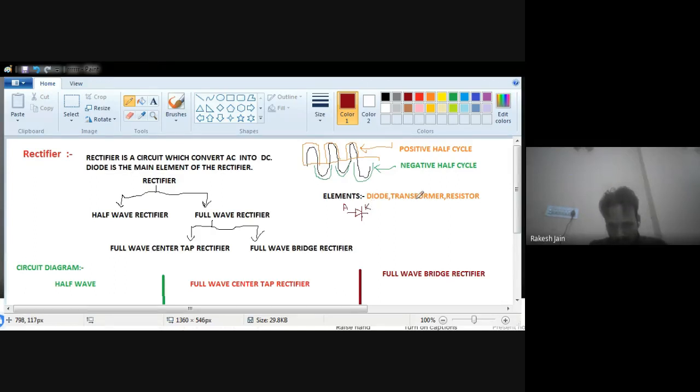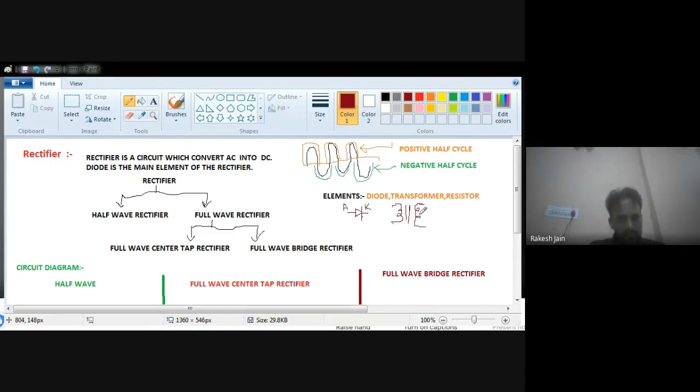Second one is your transformer. So the transformer symbol is this one. Transformer is a device which converts an AC supply into an AC supply. Its input is AC and output is also AC, but the transformer which we will use here will be a step down transformer. It means whatever the input supply is, the output will be a decrease of that AC supply. So input is 230 volt 50 hertz general AC supply which we require in our house, and the output is 12 volt, 9 volt or 5 volt, but AC. Okay, this is a general transformer.